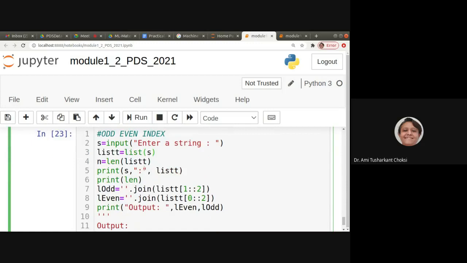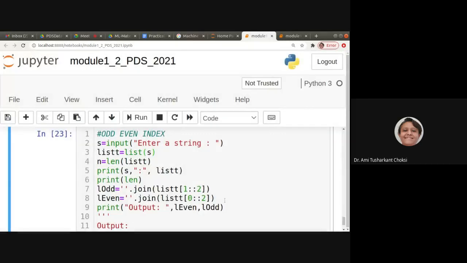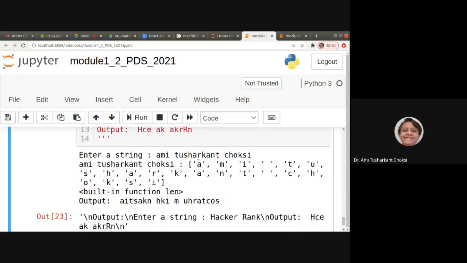Then we are printing the length of it, then we are printing that. After that, whatever is there in the list, with that we join and get one list of odd and even. So what we got is even and odd strings, or even and odd elements of our list, right?